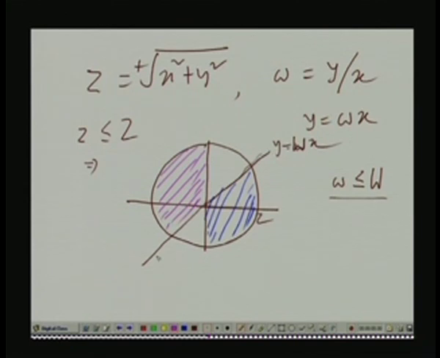So, the joint probability of z less than or equal to capital Z and small w less than or equal to capital W is the same as the joint probability of x comma y falling in this region and this region, the two shaded regions. Up to this it is okay, but now to compute that probability, I need the joint probability density function for x and y. Suppose it is given